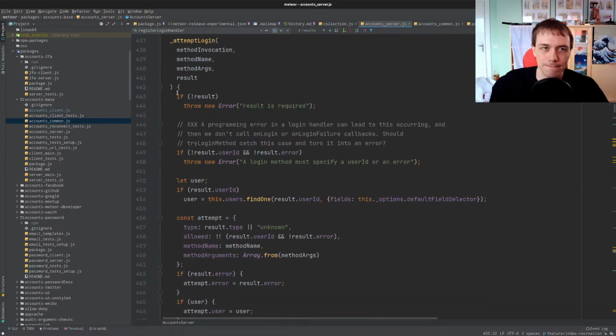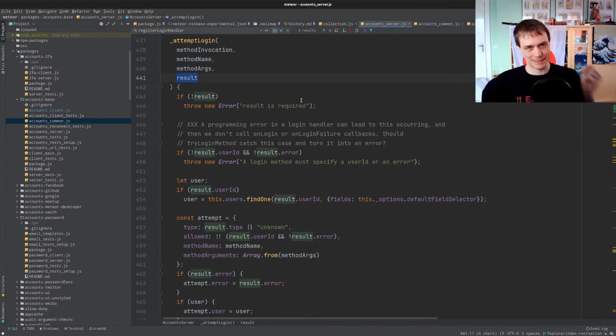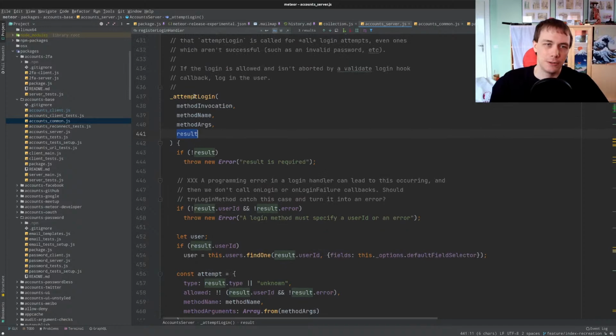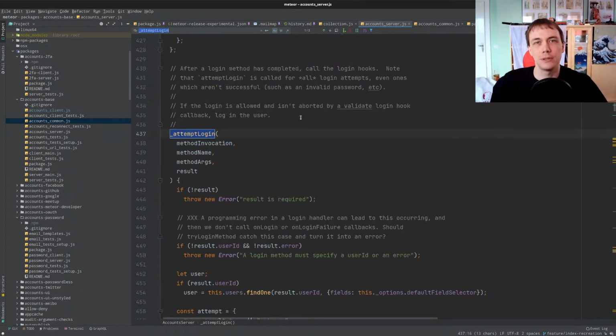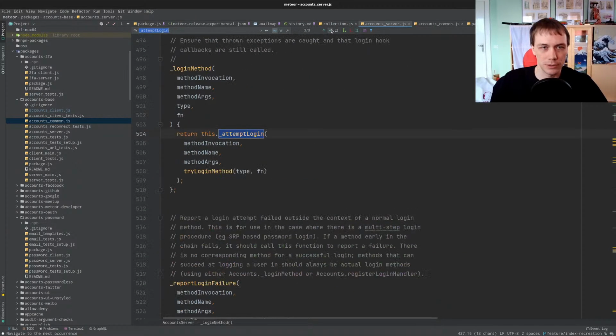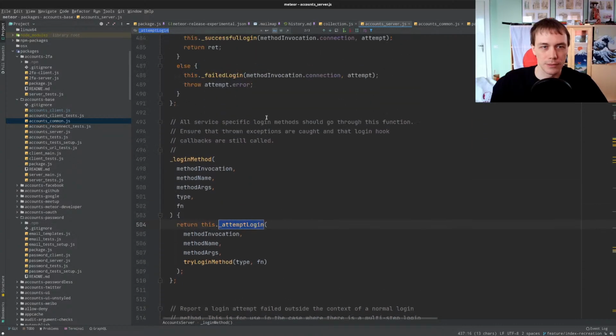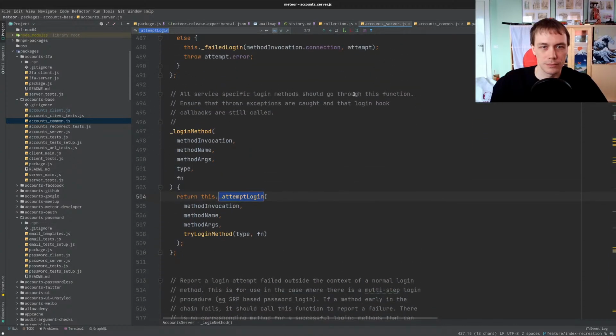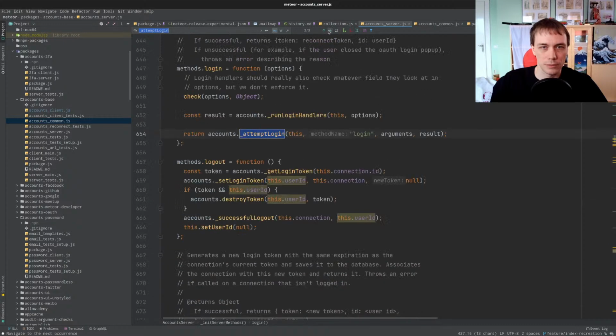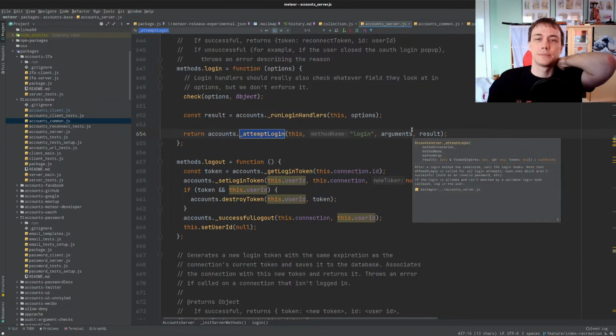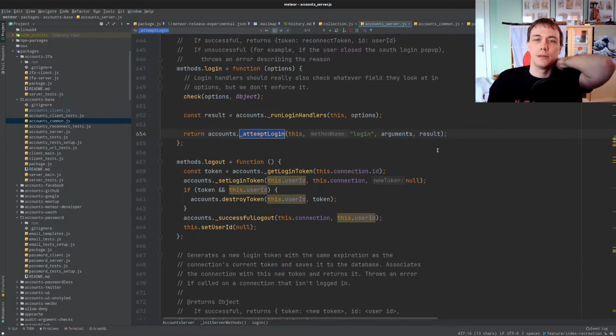So, okay, so this is the actual result from attempted login. Let's see, what does this take us? Take us over here. Here we go, methods.login. So it comes to this. Again, it takes this method login,